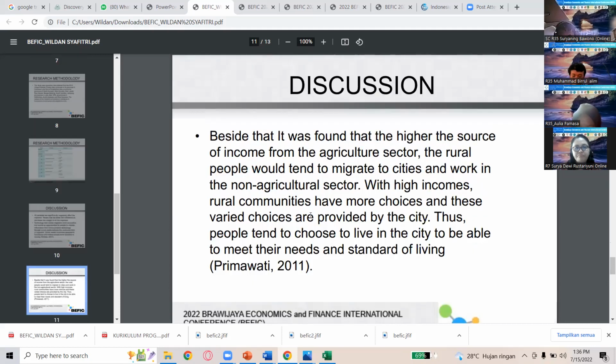Okay, this is the discussion. So, the higher the source of income from the agriculture sector, the more rural people tend to migrate to the city and work in the non-agriculture sector. With high income, rural communities have no choice, and this varied choice is provided by the city. In my research before, in Hong Kong and also Singapore, I went to Hong Kong and met with women who worked in Hong Kong. Now it is easier to go abroad because they do not need to have finance, because the transportation cost or replacement cost is